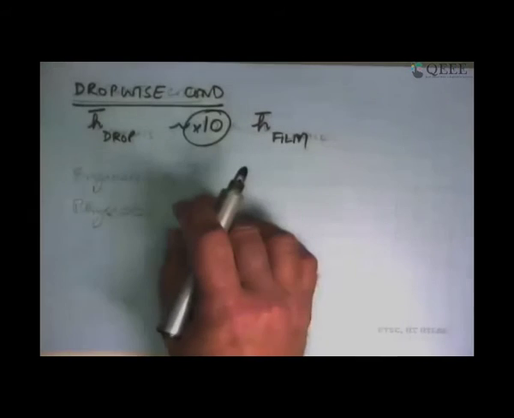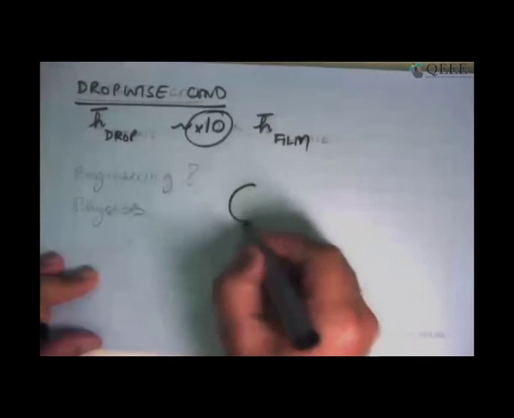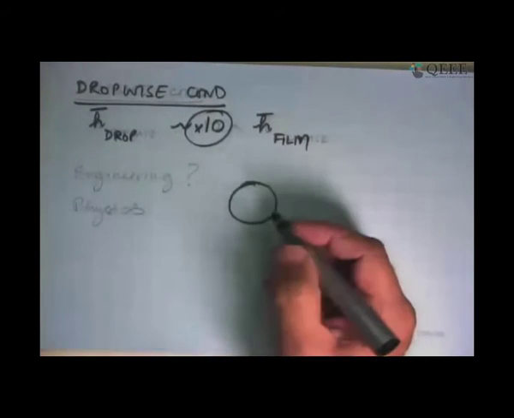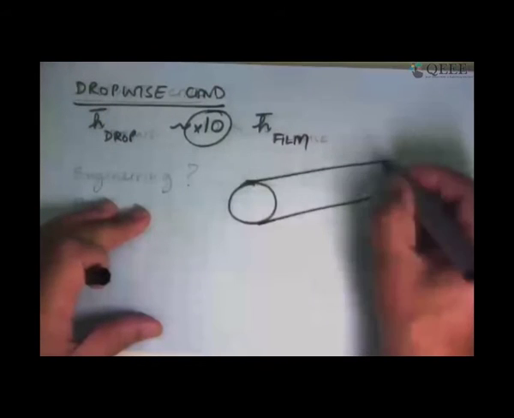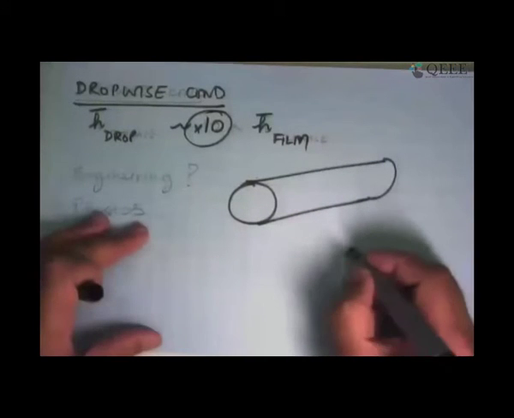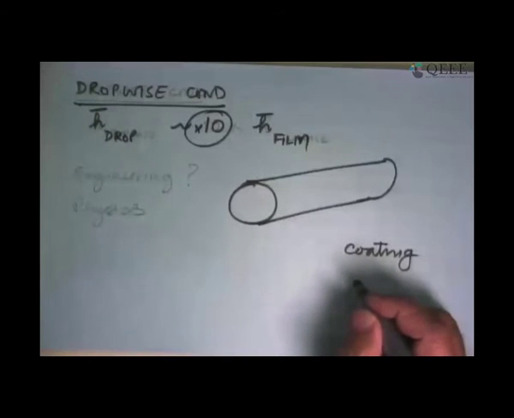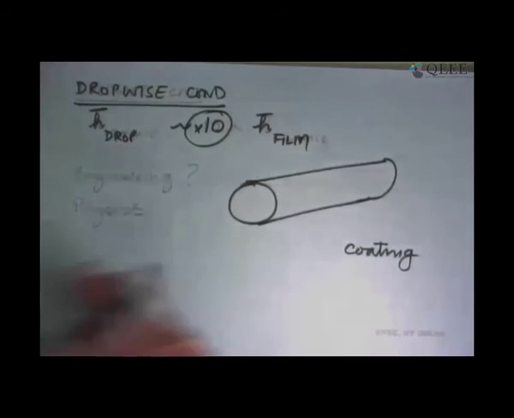So I've just shown how the shape of the tube and maybe even the coatings on the surfaces matter. If you have a tube on which condensation is taking place on the outside and you want to promote drop-wise condensation on this tube, we say, well, let's coat it with a material which is hydrophobic, which prevents the formation of a film. So you do a selective coating. The simplest thing you can see in the kitchen itself: you put a little bit of oil on something and then you put a drop of water on it, it doesn't stick. Even if you put oil on your hands and then you put water on it, you will find that immediately the water breaks up and forms lots of small drops. That is what was encouraging drop-wise behavior.